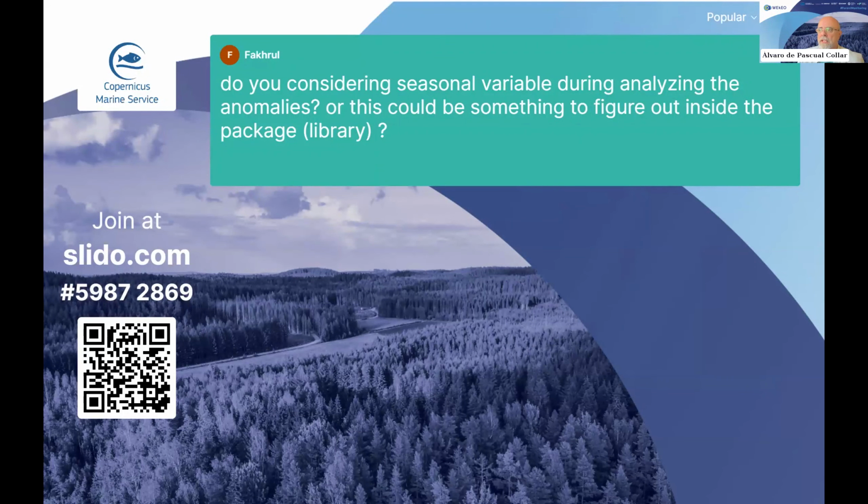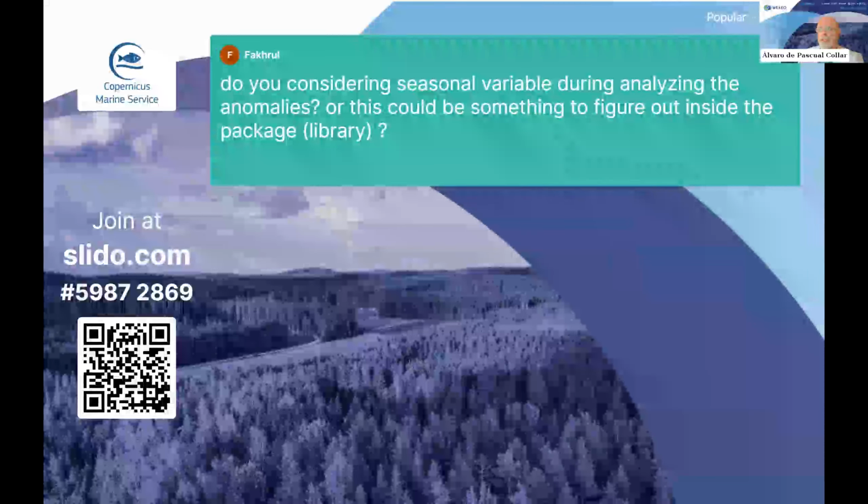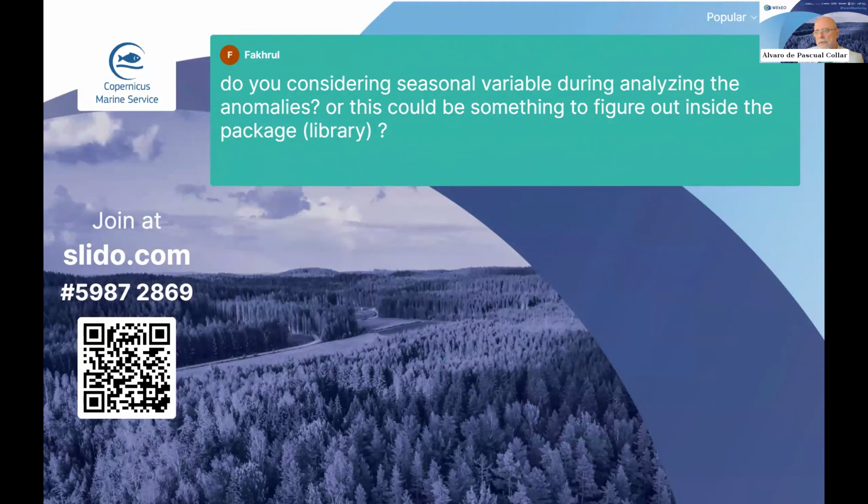We could do this analysis including the seasonal variability, and also considering the specific means of the period of the wildfires. But for simplicity, we decided to consider only annual means for the analysis